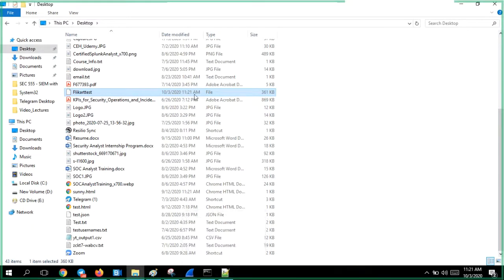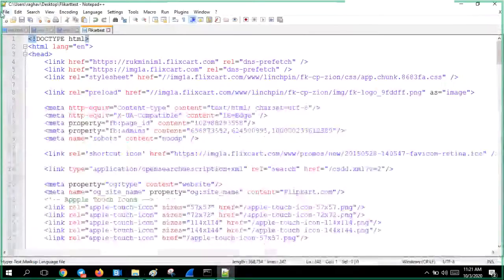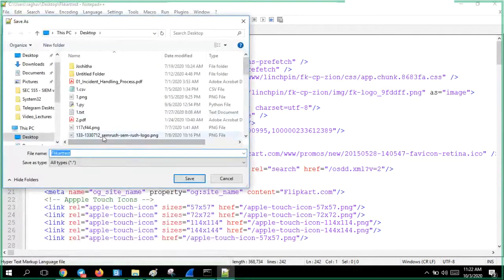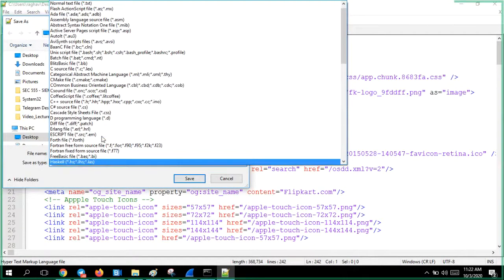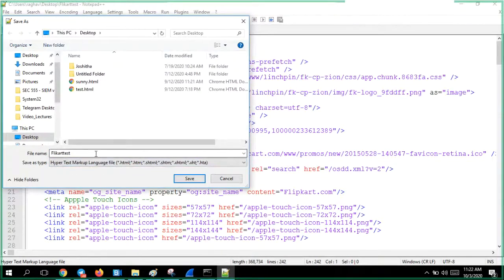There might be a chance that I have not properly saved it. Save as, HTML. I might not have selected it. You have to include the name also, .html. Now it will be okay. Just save it.